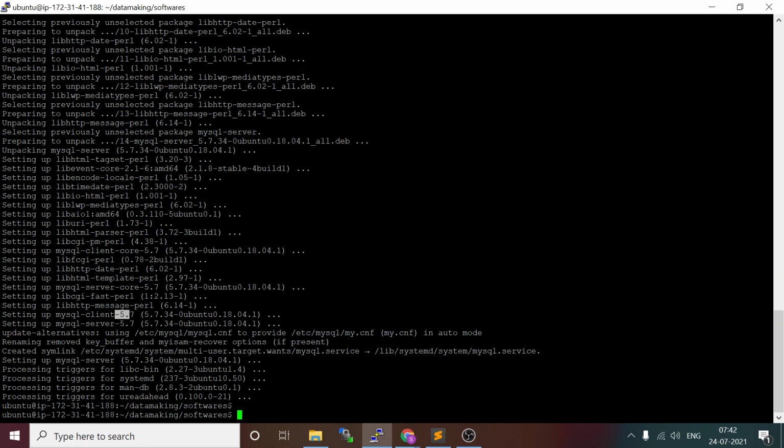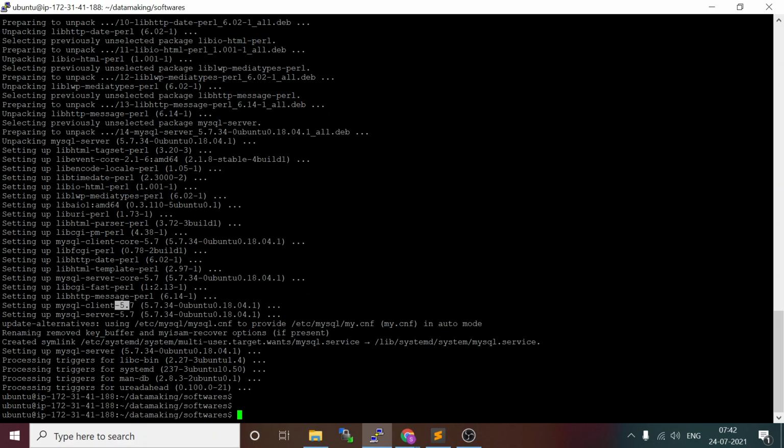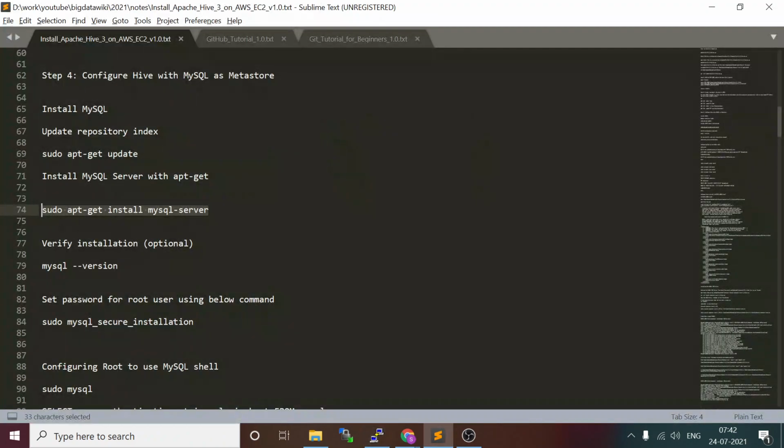If you install MySQL version 8, there might be some changes in the steps to configure MySQL as a metastore. My steps are based on MySQL server 5.7. I just want to reiterate this. We are not giving any version; by default, the Ubuntu repository fetches MySQL 5.7.